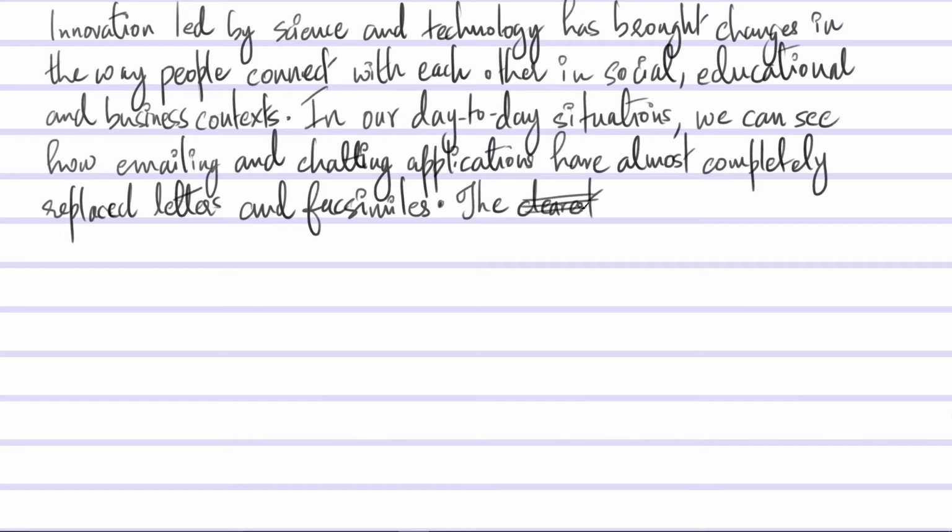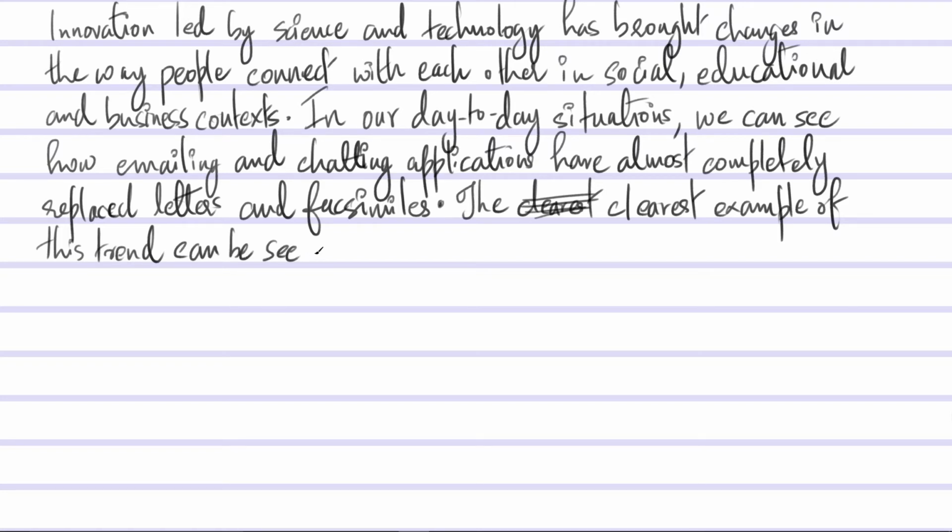Okay, so this is not "dearest", it's "clearest". Clearest example of this trend. This is a cohesive linking device which is talking about the replacement of letters and facsimiles by chat and email programs. So clearest example of this trend can be seen